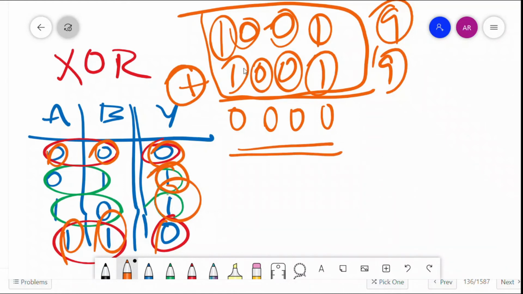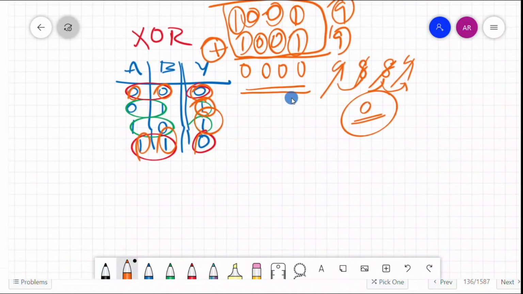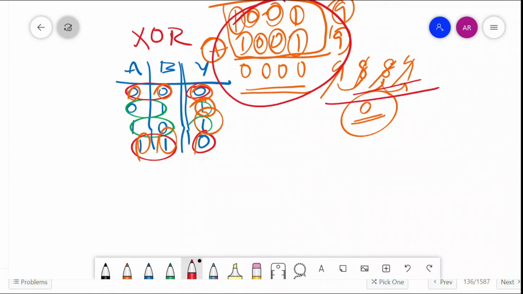And again, the order is not necessary. If I have 9, 8, 8 and 9 and I do the XOR continuously, 9 and 8, the result is again XORed with 8, and again it is XORed with 9. Still this and this cancel out, and this and this cancel out, leaving behind 0 in the result. You can check this out by doing it yourself. To save time, I won't do this example in the bitwise fashion, but you can check it out. The ordering doesn't matter here.